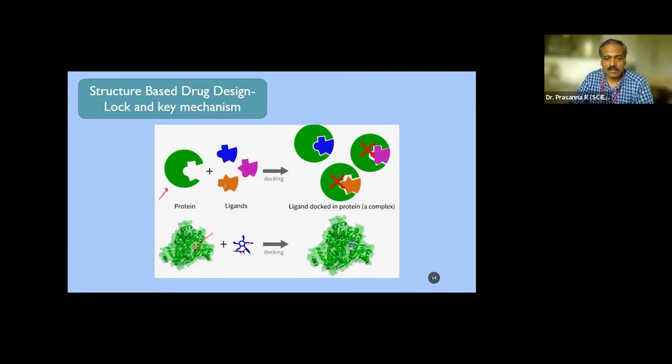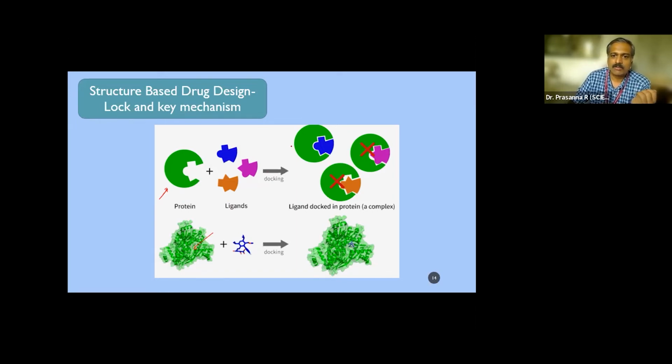This particular ligand is not fitting because you have some sort of a gap over here, and again this is having a gap. Gap is basically where the molecule goes and interacts with the protein site through hydrogen bonding. So if the distance is larger, the hydrogen bonding will not be so effective. So the particular molecule may not be an effective agent to stop the protein from further metabolism.